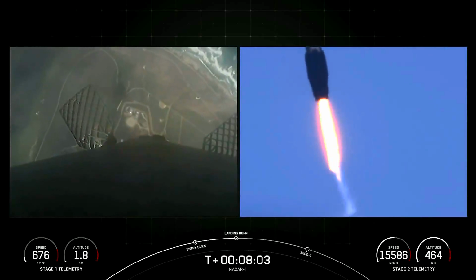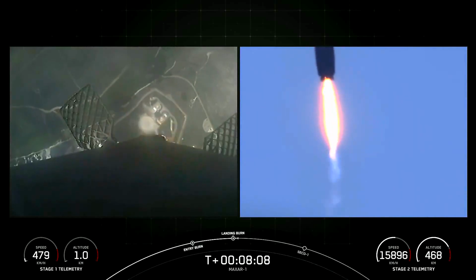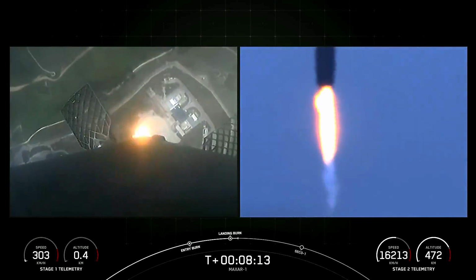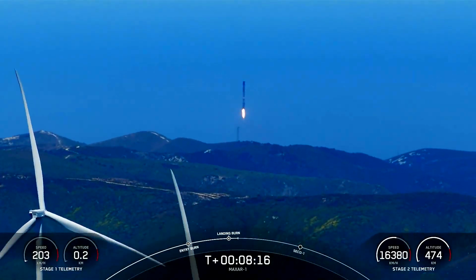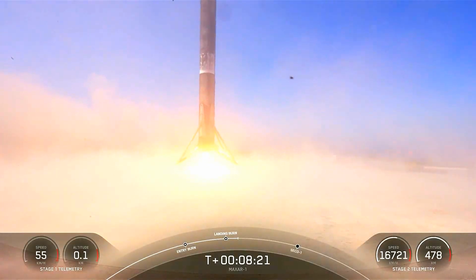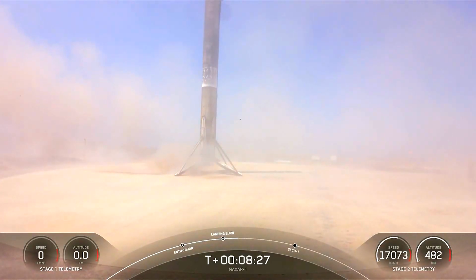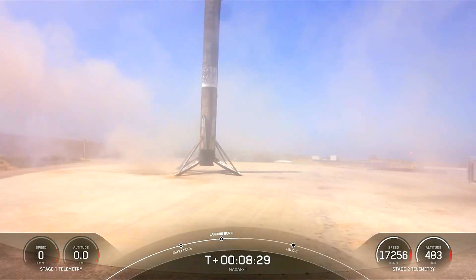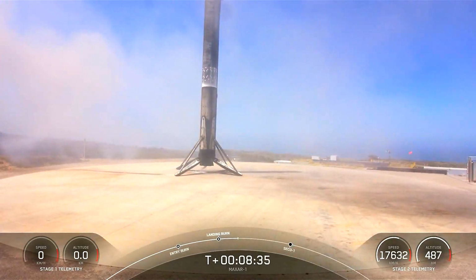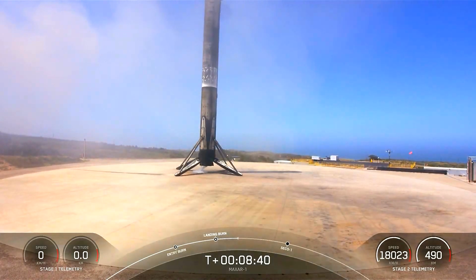Right now, we're standing by for landing of Falcon back on landing zone 4 at Vandenberg Space Force Base in California. Landing leg deploy. Stage 1 landing confirmed. Confirmation there of the 20th launch and landing for this first stage. This is the third booster to complete 20 flights. And this landing marks SpaceX's 302nd recovery of an orbital class rocket, including